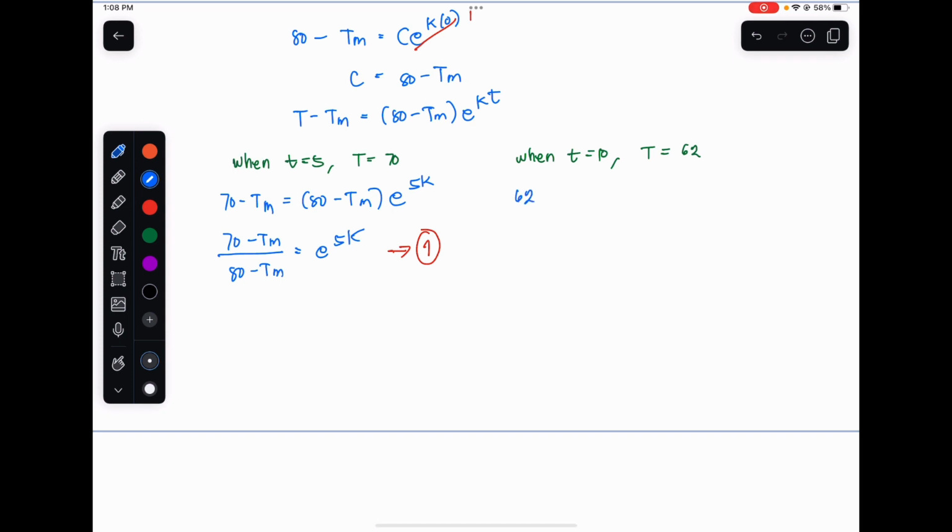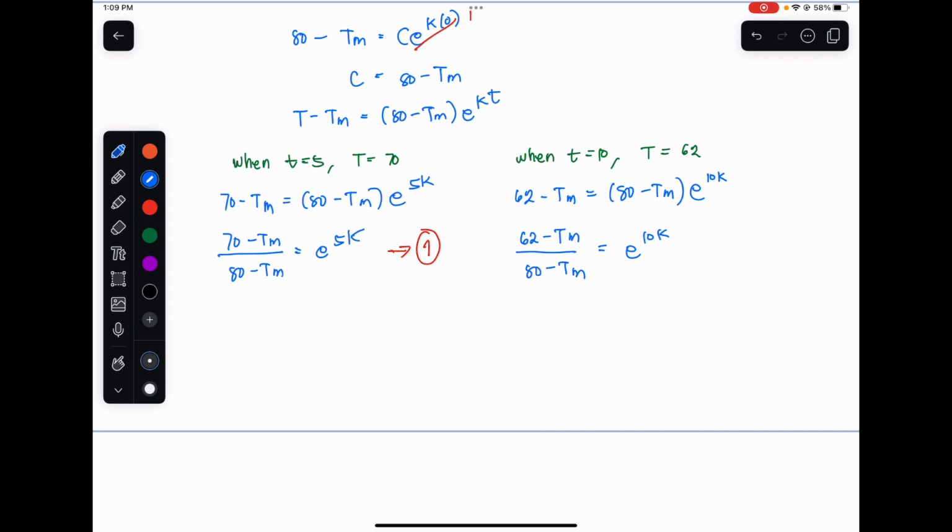So 62 minus T sub m equals 80 minus T sub m, e raised to, our T this time is 10, so that makes it 10K. And similar to what we did, it would make it 62 minus T sub m all over 80 minus T sub m equals e raised to 10K. So supposedly we have our second working equation, but then there are two variables involved here,